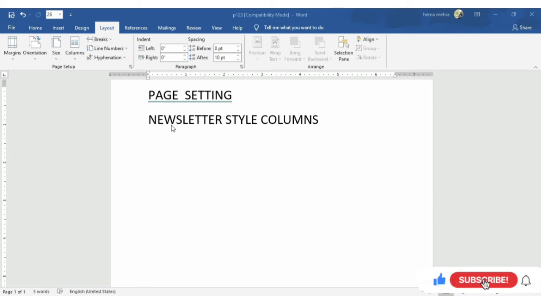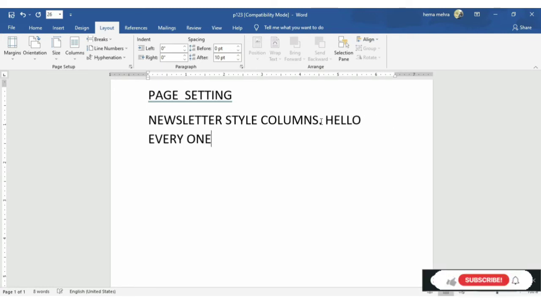Now we will see how we can create this newsletter style column. So for using this newsletter style column, we need to write down a single paragraph. I'm writing here.